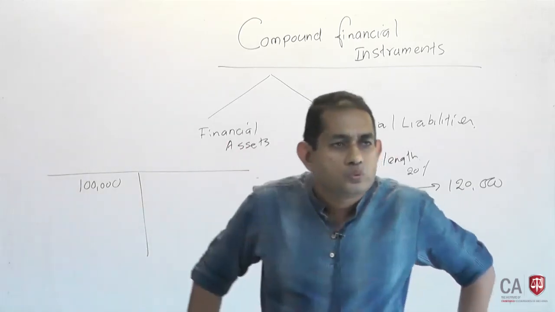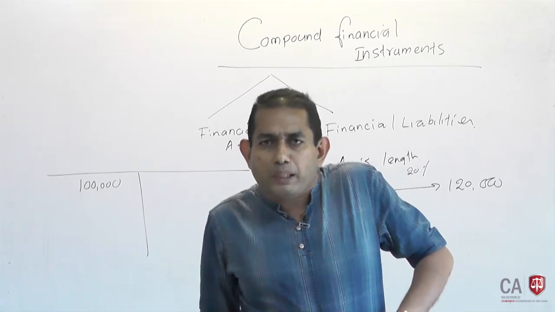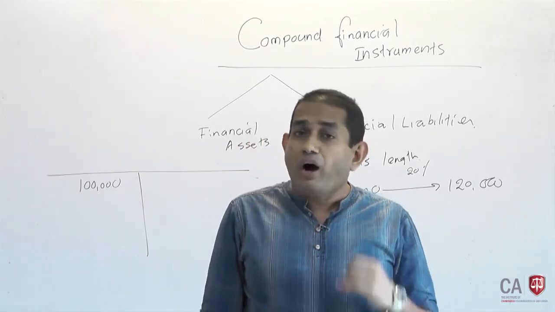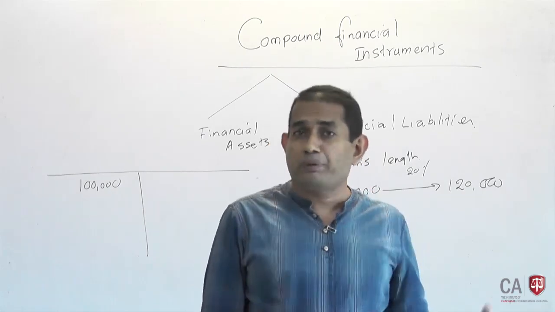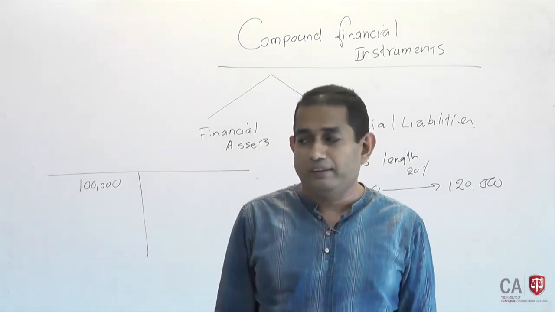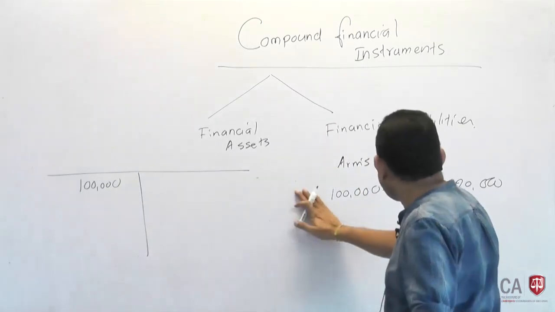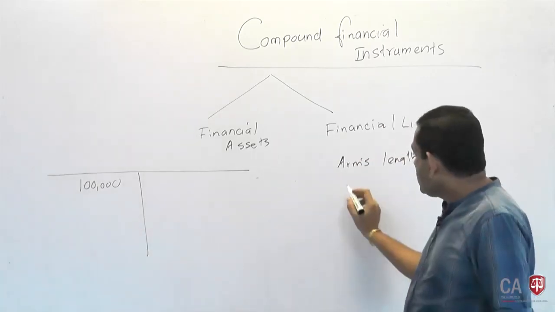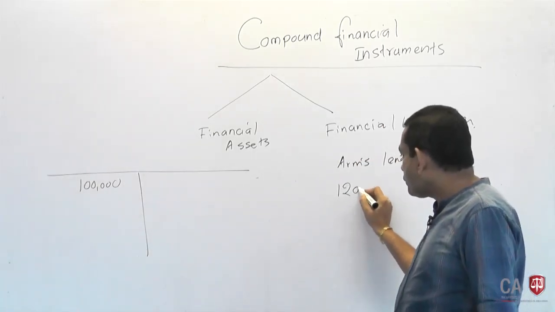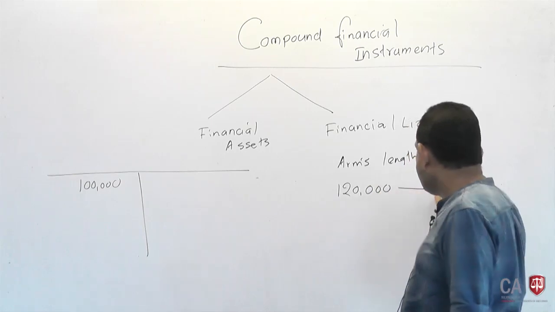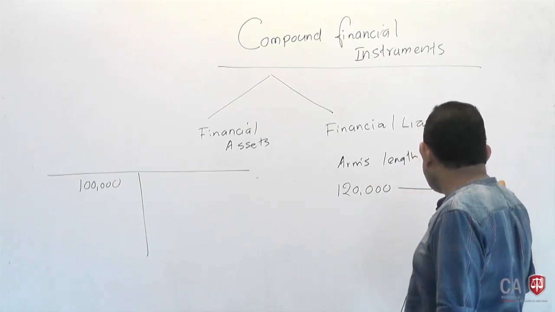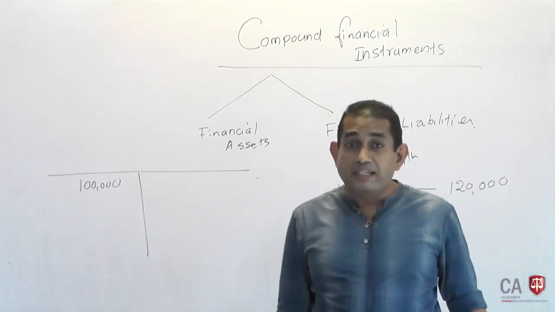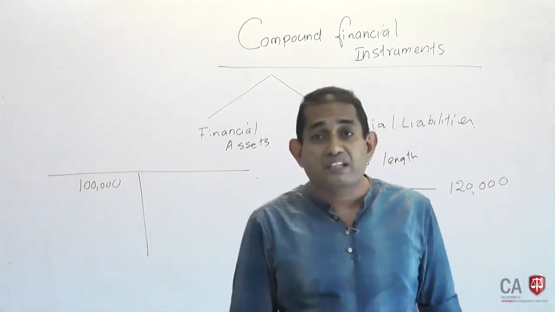Now, the boss is asking a question of someone. How old are you now? 27. For how many years have you been working for this company? 25 years. Looks funny. And then the boss says, no problem, that fact has to be taken into account. We will grant you a 120,000 rupee loan and you are supposed to pay us in 1 year's time at 120. Someone took a relieving breath, why? He need not pay interest now.